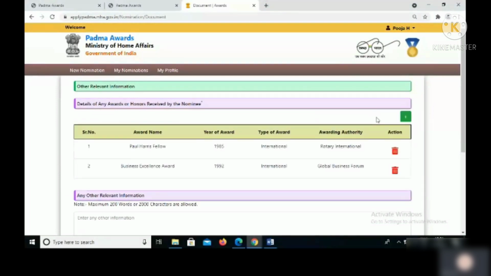So the same procedure you have to follow to enter extra awards.